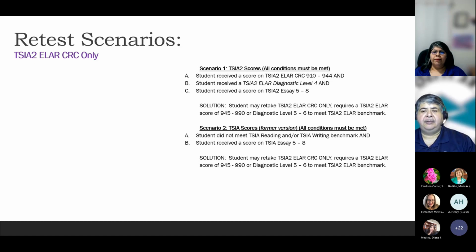Because if the student, for example, takes the CRC test but doesn't qualify to take the essay because the score was too low, and you administer the essay, you are breaking the rules at that point and you are invalidating the test. We have some examples of that. That's mainly the problem we find whenever they test at the high school. But as long as you do the first test for the student, and then do what the branching profile recommends after that, then you'll be okay.